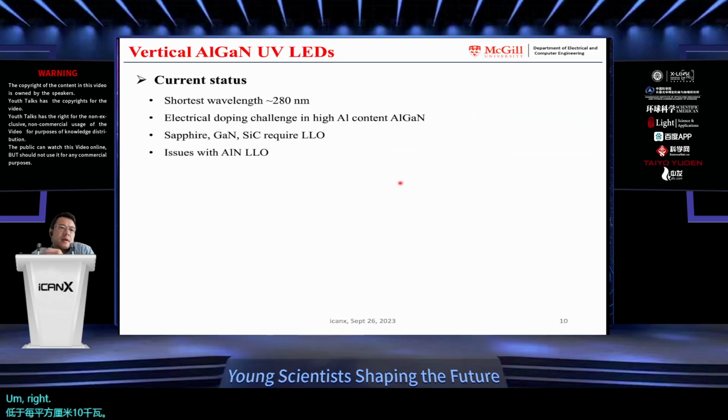Right. So now the next topic I'm going to discuss is vertical injection deep UV LEDs. Previously I have shown that you can use nanowires as the emitter directly. But now we try to use nanowires in a different way, to help the development of certain challenging photonic devices in the UV range. So from the LED's perspective, if we know the typical LED structure,